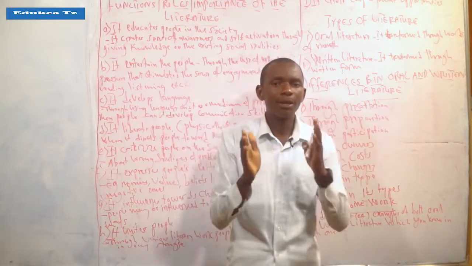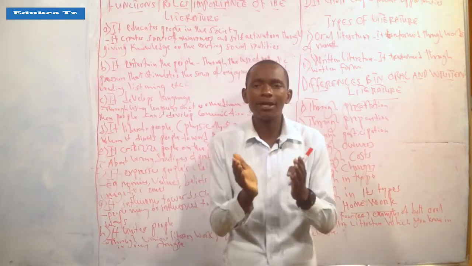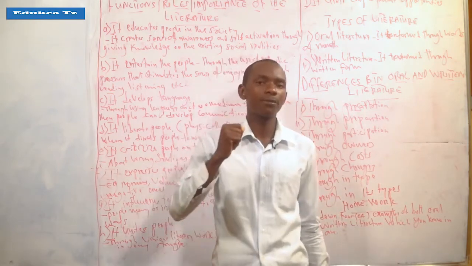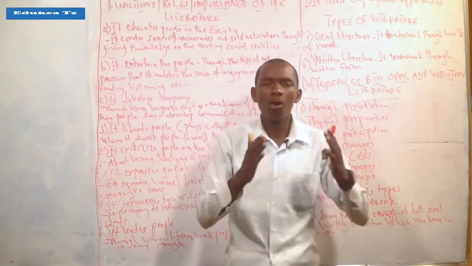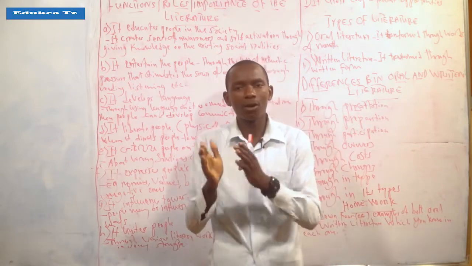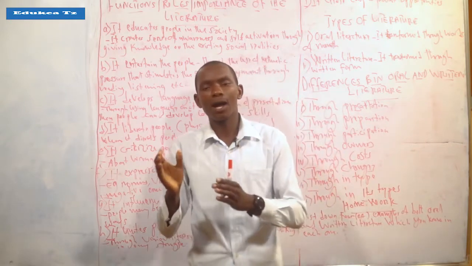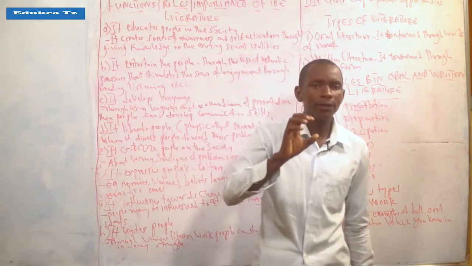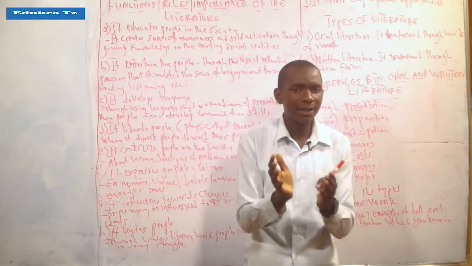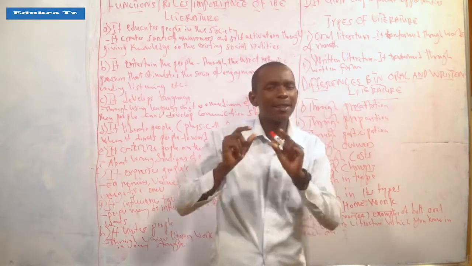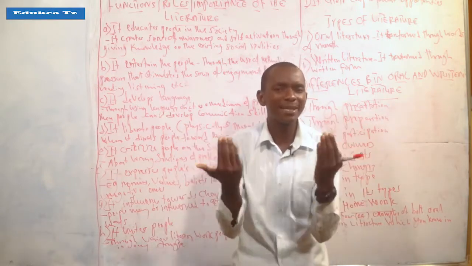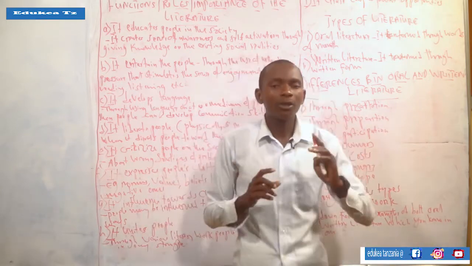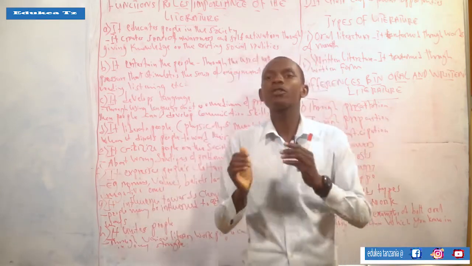So you cannot separate literature from language. That's why, if you do remember, in the first period we discussed a lot about the functions of literature and the functions of language in literature. That's why in most definitions of literature, you may see that it is a work of art that uses language creatively, or that uses artistic language. So you cannot say this is a literary work without using language.